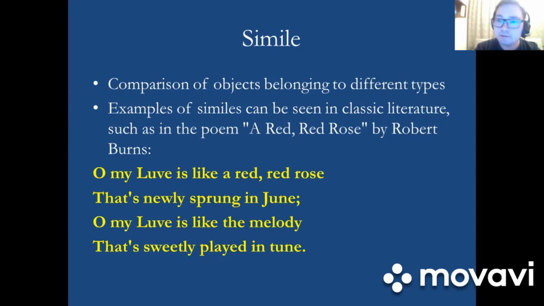For example, if we compare a human being to a human being, that would not be a simile. Or if we compare an animal to an animal, it's not a simile. Simile is when you compare a human being to an animal, for example, or a human being to a plant or an object. Here on the screen, you can see an example of a simile